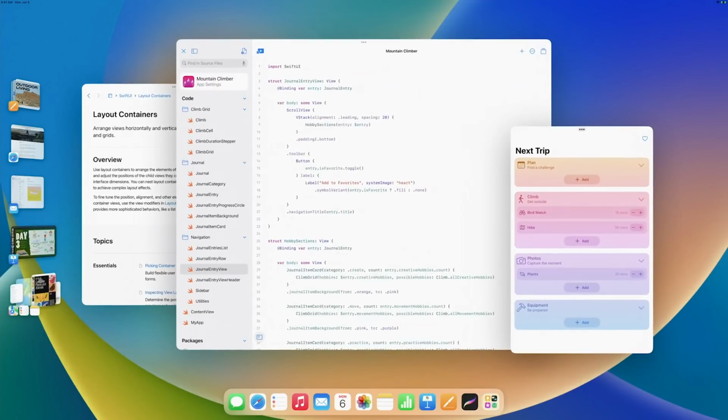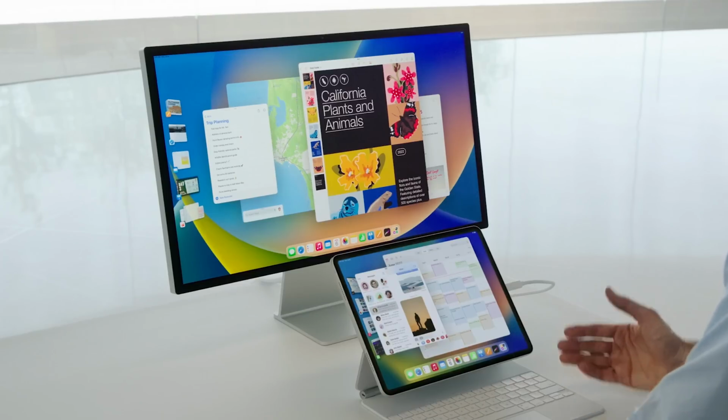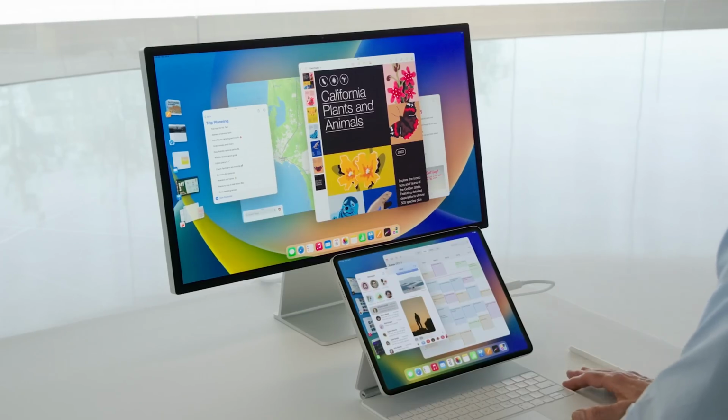iPadOS 16 also supports virtual memory swap to use your available hard drive storage as memory. Now that's a PC feature, but now for the iPad, and apps can use up to 16 gigs of RAM per app with virtual memory swap. Developers are gonna have to ask for an exception for their apps to use this 16 gigs of RAM, and of course not all apps need it. But if you think about this, the iPad Pro or iPad Air running 8 apps, that's gonna require a lot more headroom. The M1 chip also has faster storage,